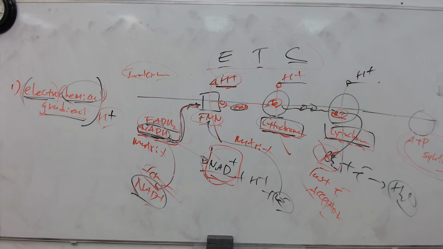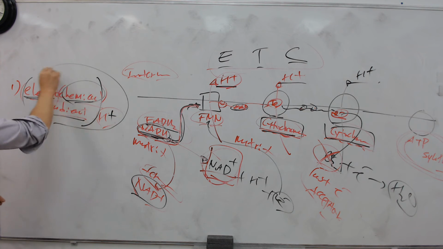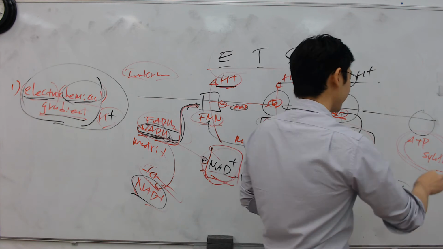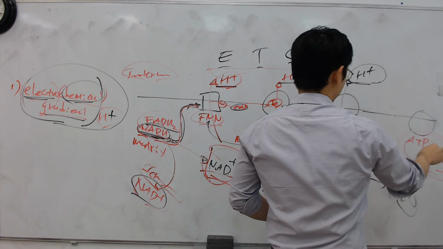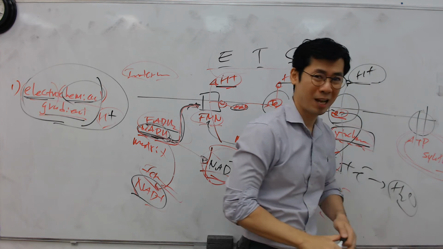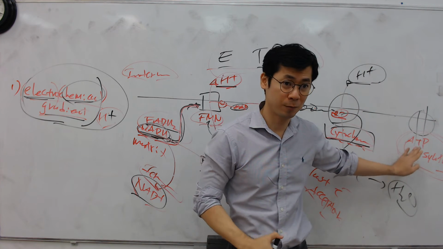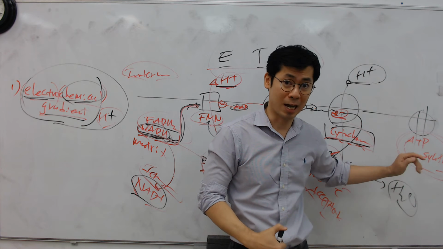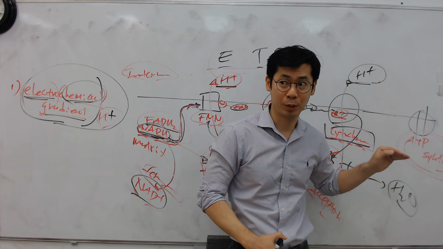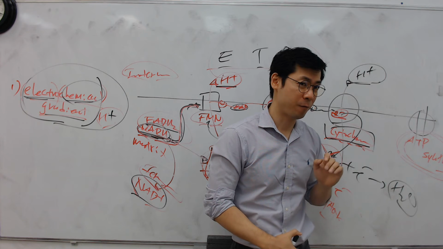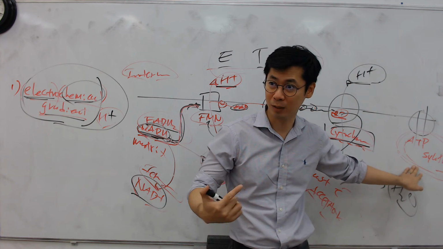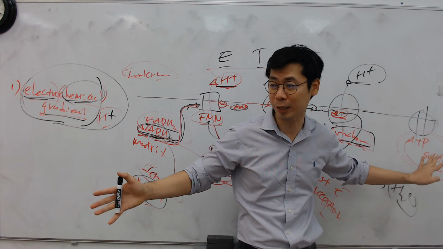So electrochemical gradients: they use the energy of the electrons to produce the electrochemical gradient of H plus. And then ATP synthase goes to work. There's a lot more to ATP synthase. The guy who figured out how this worked got a Nobel Prize for it. But you do not have to know very much detail about this for AP. They don't care too much.